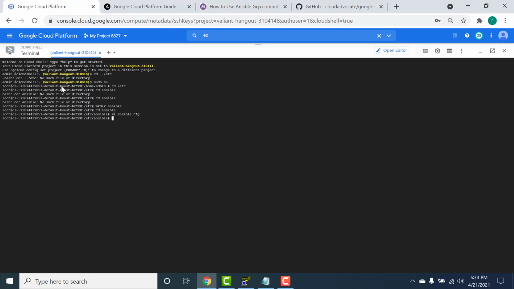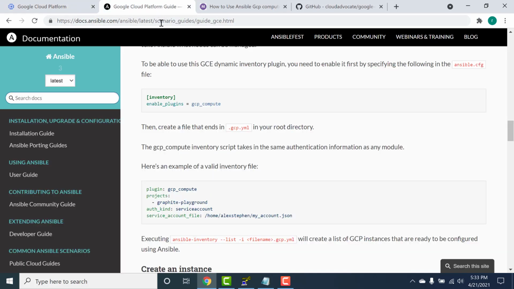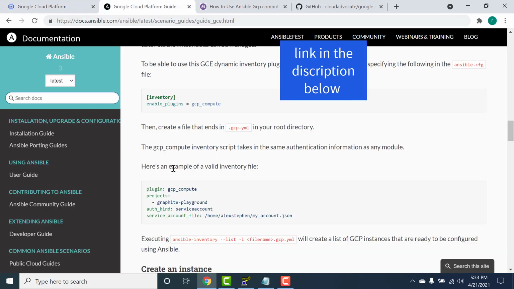Okay, so with this we've completed our SSH part. Now the next thing we need to do is create the inventory file. To do that, we'll again go back to our normal user. So you can go back to your Google GCP configuration guide on how to create your